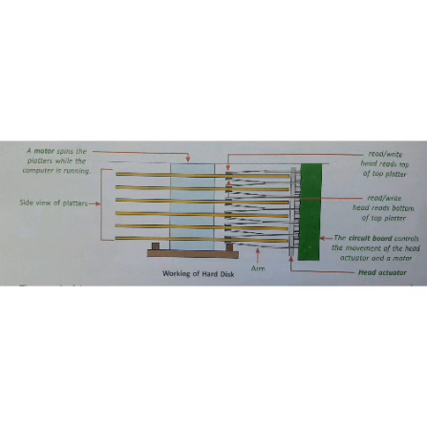The spinning motion creates a cushion of air, a space of air, between the platter and its read write head. While it is moving in a rapid manner, this cushion ensures that the read write head floats above the platter instead of making direct contact with the platter surface. It will have some space between them.